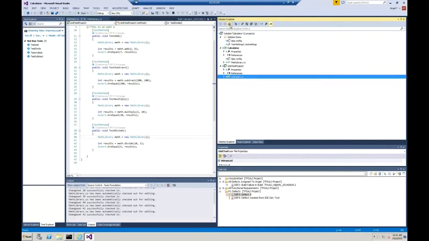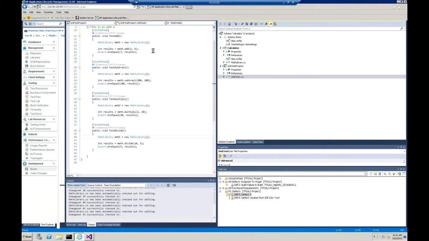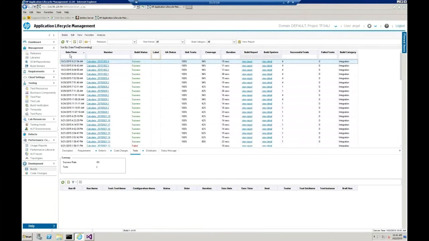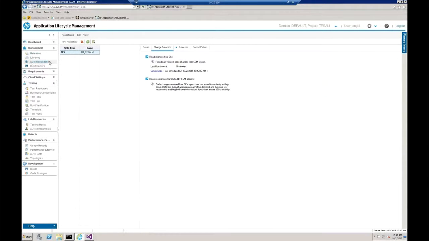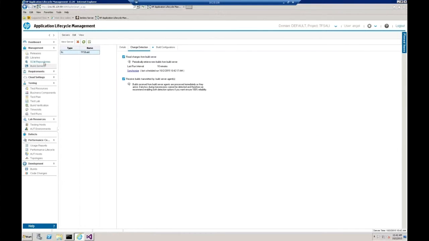So let me just quickly go back to HP ALM and show you how the ALI integration works. To enable the ALI features in ALM, you would have to enable an extension in your site administration. It's pretty much just a check to enable that within your site administration module. Once you have that enabled, you will see the SCM repository link and the build server link here, allowing you to configure your